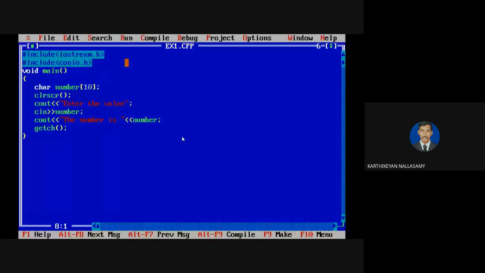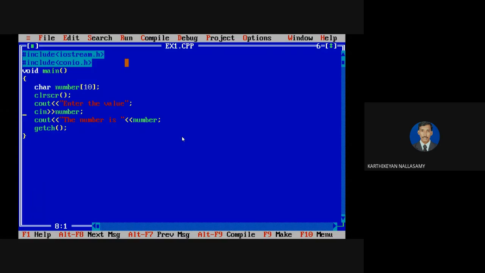So from this, what we can understand is that by using the cin operator, we are able to read different data types of inputs. It may be a character, it may be a string, that is a word, it may be a whole number or a fractional number. And also with the help of cout, that is called the insertion operator, we are able to print all different types of outputs. It may be a number or alphabets, a line of text, a single character, or any kind of number; it will be displayed.